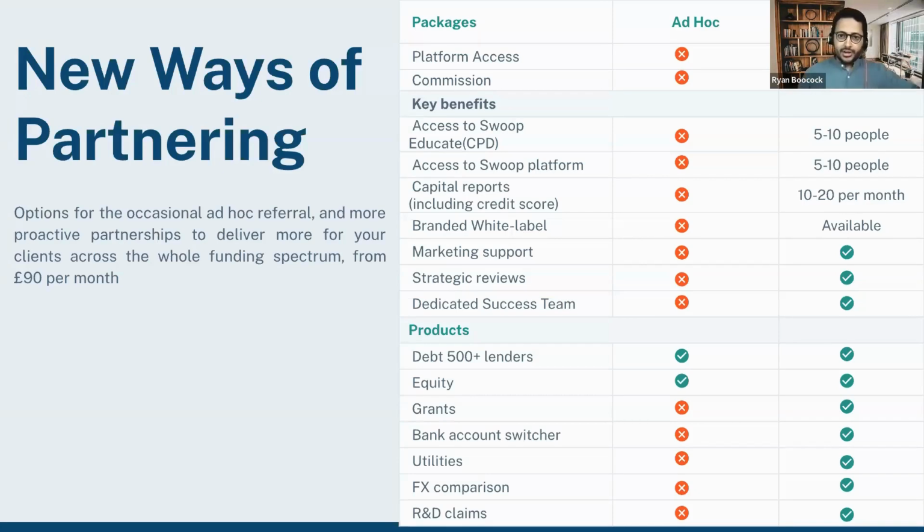And then on the other side, on the paid versions of the platform, we've actually now split this into a number of possible options. So as you can see, some of these start from £90 a month for bookkeepers and FDs in particular, or sole practitioners, where there's a use case where there are a number of clients who would benefit, but we're not necessarily talking about a rollout to teams and teams and teams and dealing with hundreds or thousands of clients. And it's a way that you can still use the platform, still benefit from all of the support that we've spoken about, and still actually benefit from some introducer commission as well.